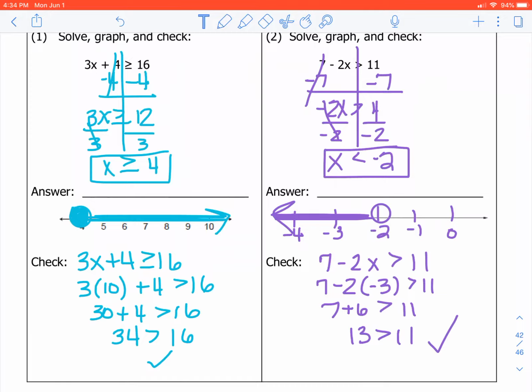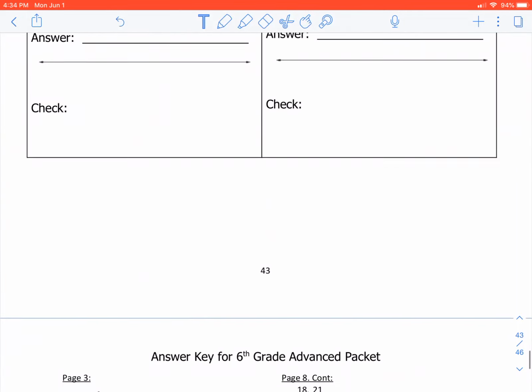All right, you have a couple more examples that I'd like you to attempt. Remember to